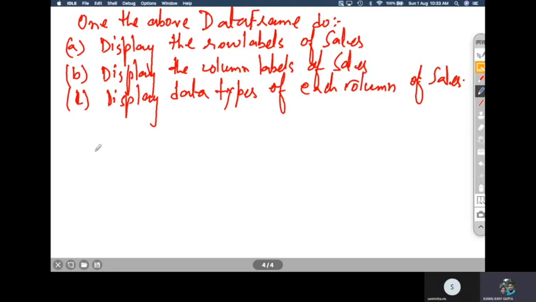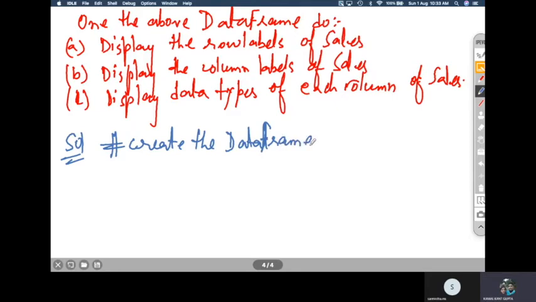So what will be the solution? The solution will be first to create the data frame, right? As per the data given in the question, we will create the data frame. The name of the data frame is sales. So we have to keep that name only, whatever is given in the question.